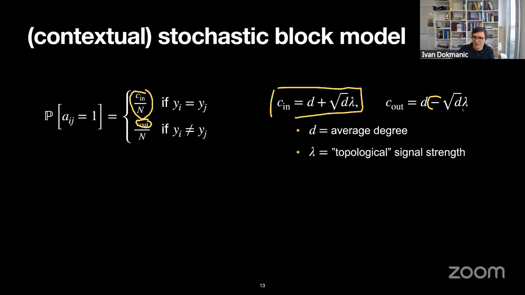If you imagine that this lambda is large, for example, it's square root D, then this term here is D, and you get that the probability that you connect nodes in different communities is 0, right? So this makes the problem particularly simple, because if you're trying to label nodes according to their community membership, well, actually, you just look, the graph here is disconnected. It has two connected components. So you just check in which connected component you are.